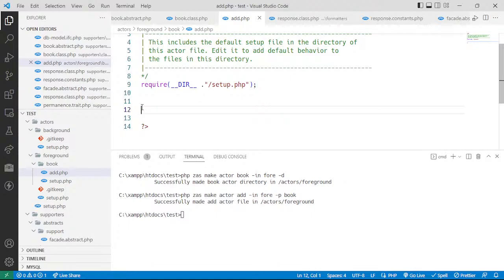It's nice, right? Getting the data from the request. So what to do, we don't care whether it's get or post, right? So we're just going to, let's make things interesting. Let's make a post. So PHP ZAS make